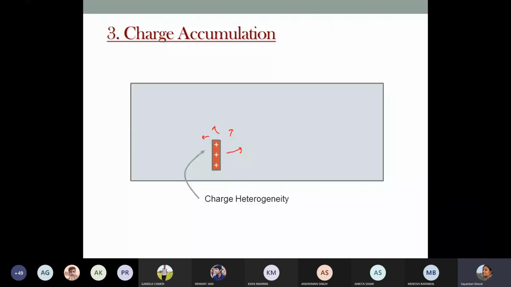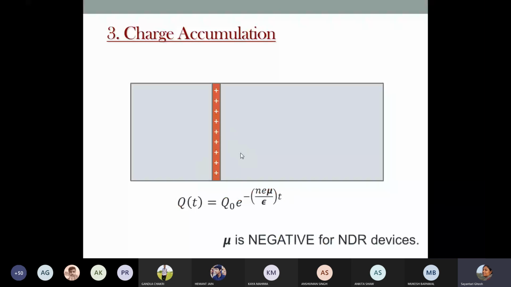So in that small derivation, we saw how the negative resistance is dependent on the mobility, how it controls the mobility, and how in a device where the mobility is negative, instead of losing that charge very fast and heading towards a normal situation where there is no charge heterogeneity, in negative resistance devices this charge heterogeneity constantly grows into a domain where you have this charge accumulation kind of phenomenon.